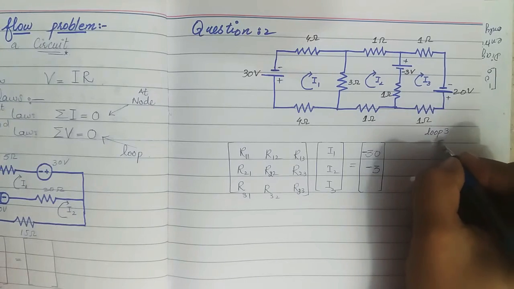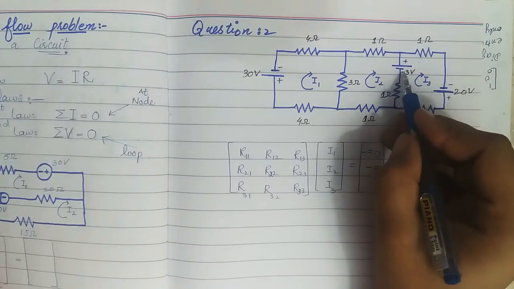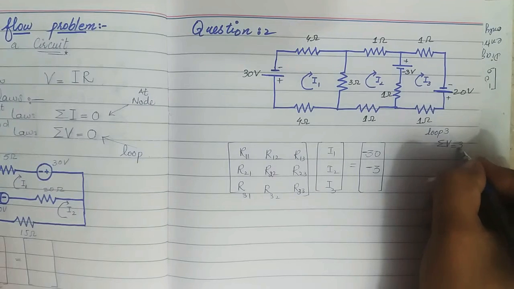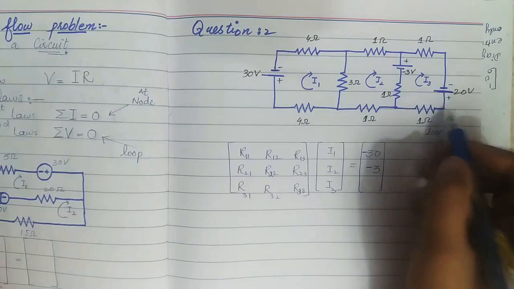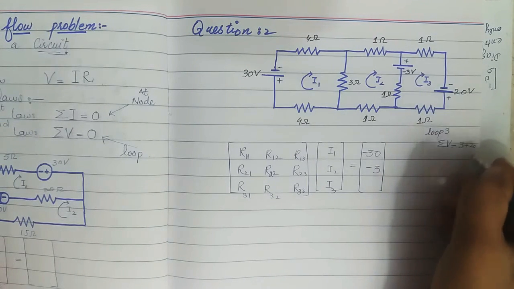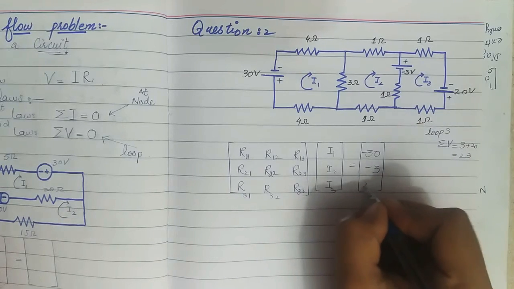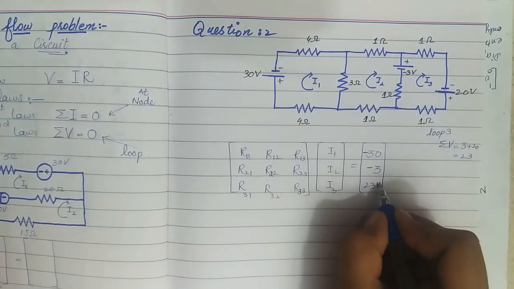For loop 3, the sum of voltage is equal to negative to positive 3, and from negative to positive is 20, that is equal to 23 volt. Okay,